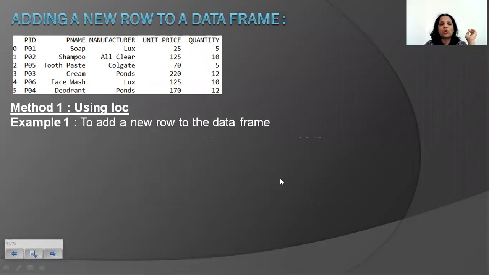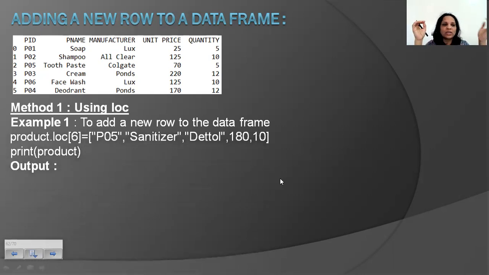Okay, now let's talk about how you add a row to a data frame. Now, if I add a row to a data frame, I make use of the property called loc, which we have seen before. If you wanted to access a specific row, we make use of the property called loc. So now, before that, look at the data frame very carefully. It's the same data frame. It does not have a row index. It has 0, 1, 2, 3, 4, 5. So the next row, I want it to have index 6.